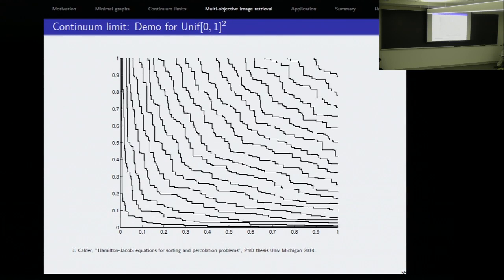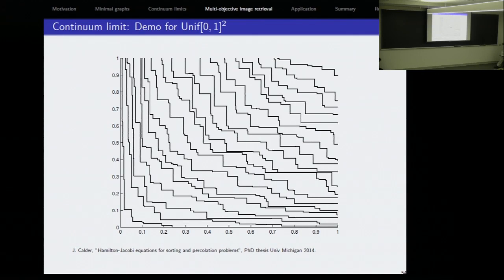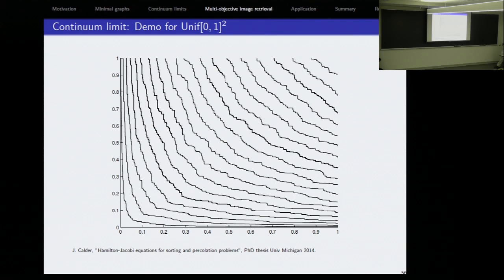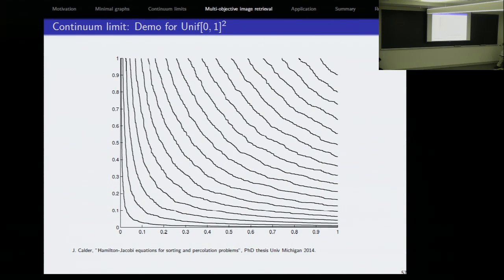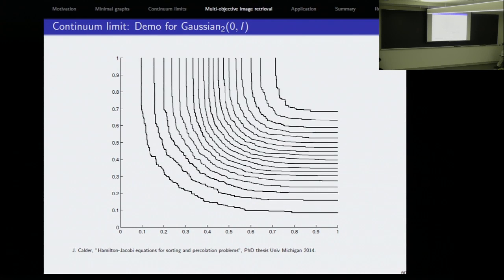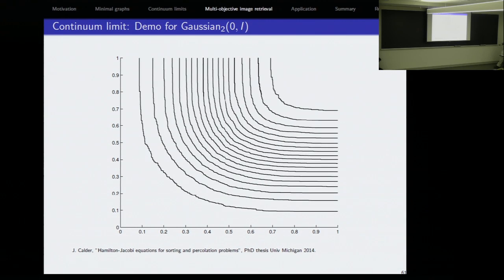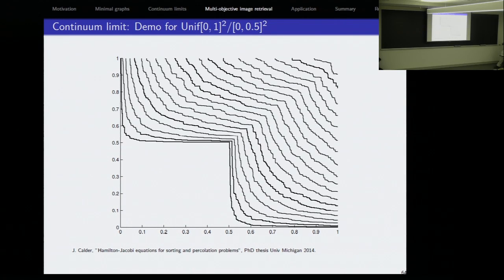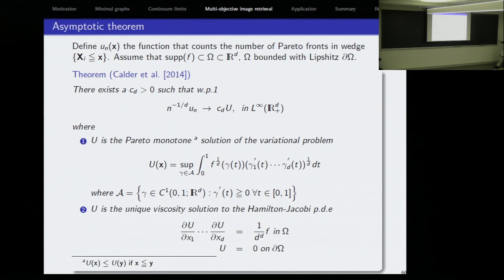So what I'm showing here are the fronts as we include more and more objects or images in the database. They get smoother and smoother. These are for different distributions on the features of the database. So you can see that we have these very smooth functions. And so we can show, again, that we get a limit as the number of objects in the database increases, a continuum limit for a Pareto front optimization problem, which is order n squared,